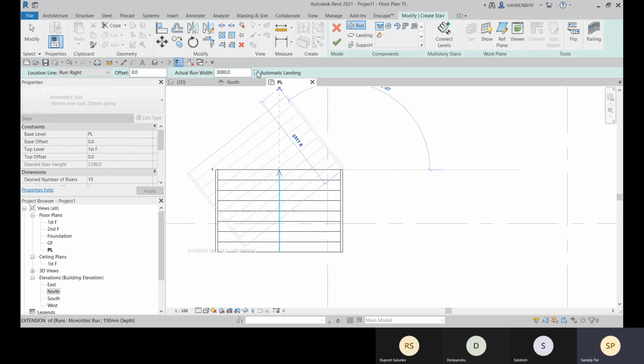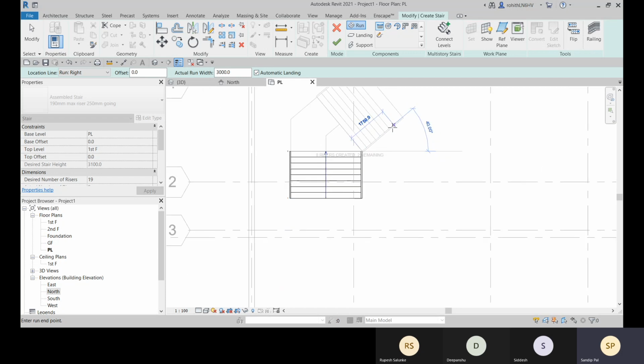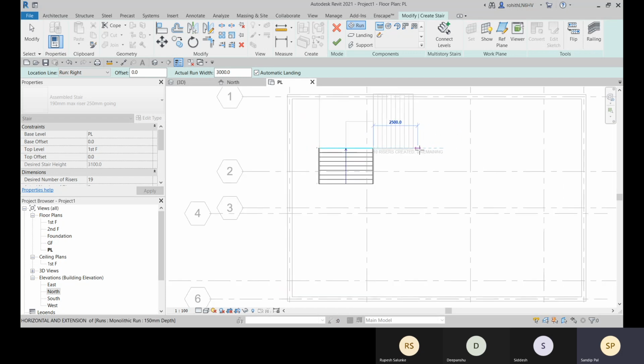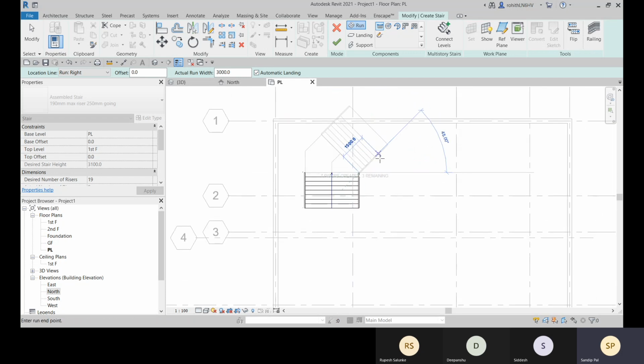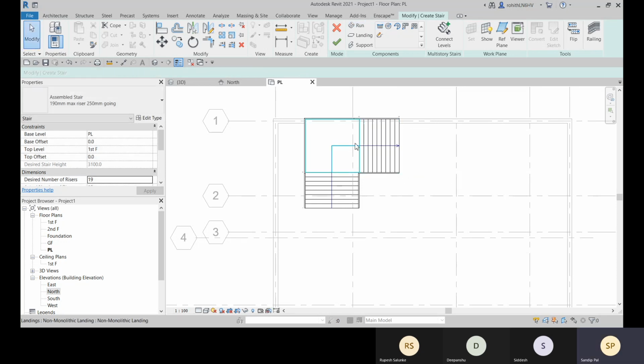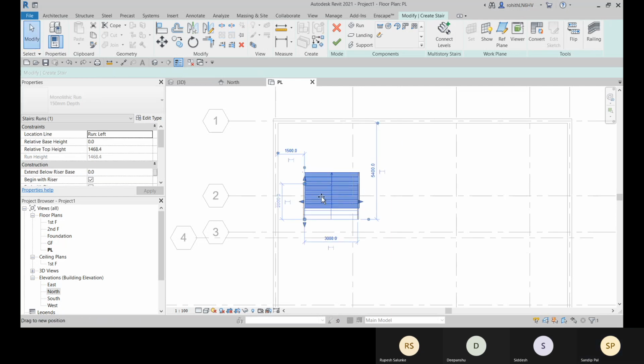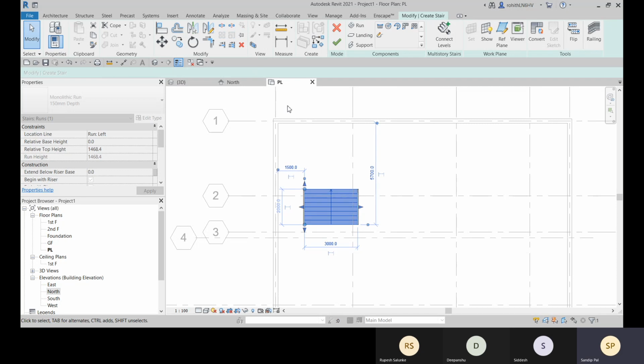And now you see that because this automatic landing is checked, if you are placing here, one landing is connecting automatically. Fine. So this is placed. Okay. Suppose you have made the mistake and you haven't checked that landing option.